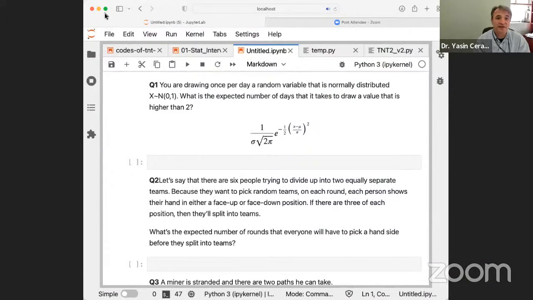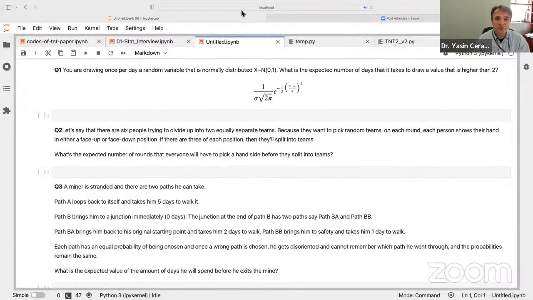I hope you guys can see the screen. I put the questions here, but again, you don't need to have any file from me. The way the questions are asked is, somebody is going to read the question to you, and then you hear the question and ask the interviewer for some hints. Every time you take a hint, depending on how many hints you take or how serious the hints are, the power of your solution will go down, right?